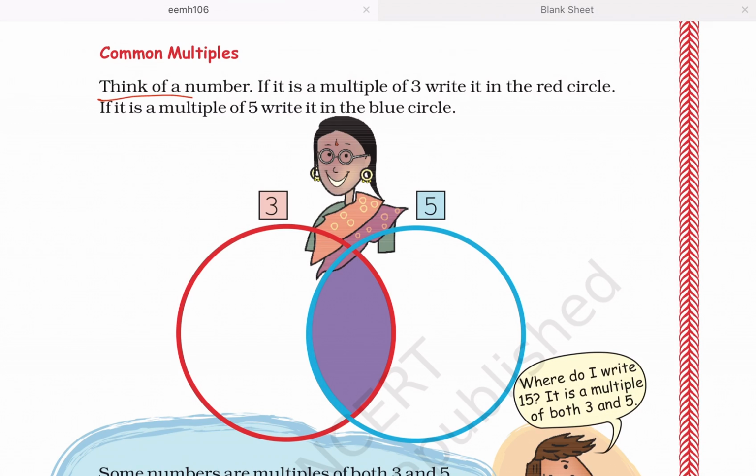You have to think of a number. If it is a multiple of 3, write it in a red circle, and if it is a multiple of 5, write it in a blue circle. Here is the red circle and this is the blue circle. You have to write the multiples of 3 in the red circle and multiples of 5 in the blue circle. Then start writing. Multiples of 3 are 3, 6, 9, 12, 15, 18,